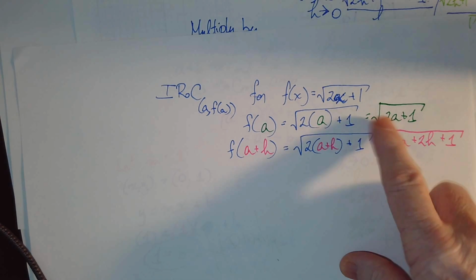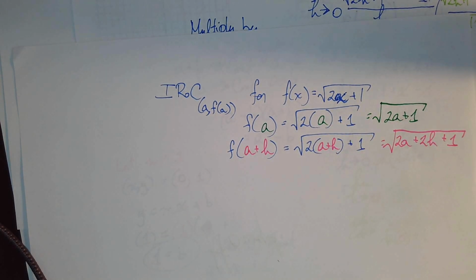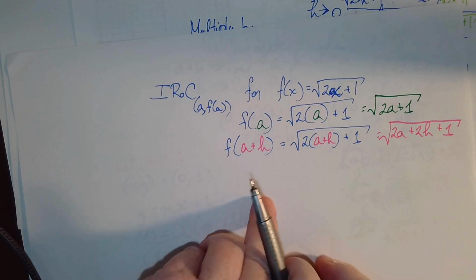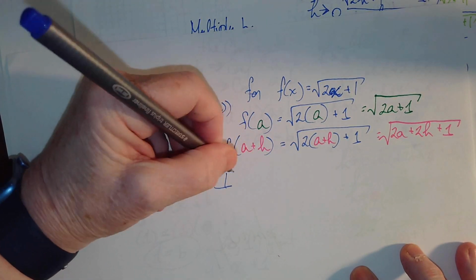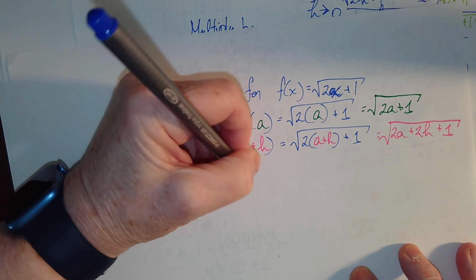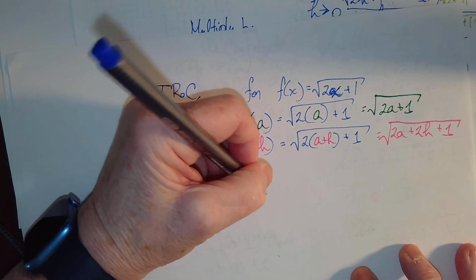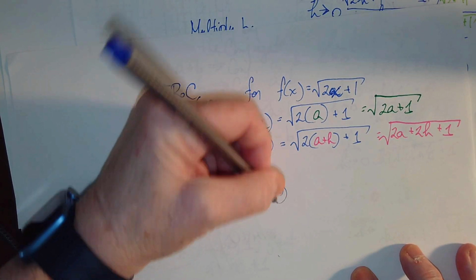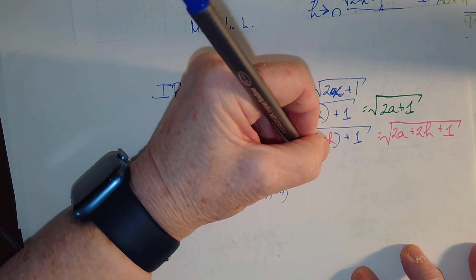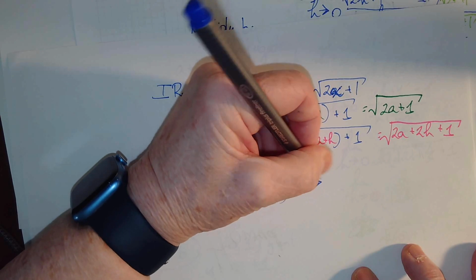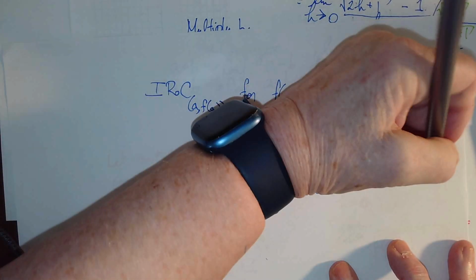So the two functions I'm going to plug in are f(a) is the square root of 2a plus 1, and f(a plus h) is the square root of 2a plus 2h plus 1. Great. The instantaneous rate of change at the point (a, f(a)) is the limit as h goes to 0